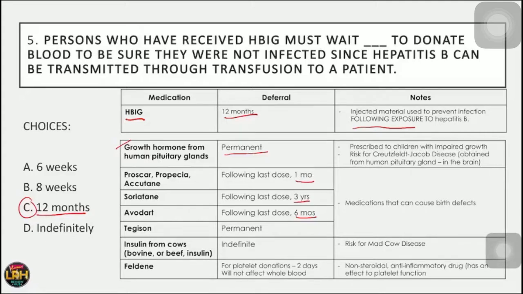Insulin from cows, such as your bovine or beef insulins, carries a high risk for mad cow disease. So the deferral is indefinite. Feldene, which is a non-steroidal anti-inflammatory drug, has an effect on platelet function. So for platelet apheresis, donors who had Feldene medication would be deferred for 2 days. Considering that this affects mainly platelets, this medication will not affect whole blood